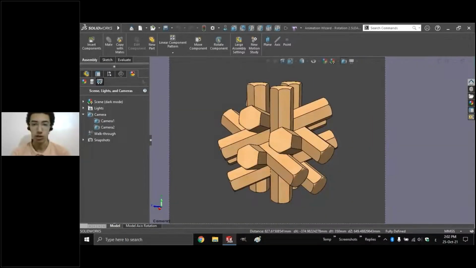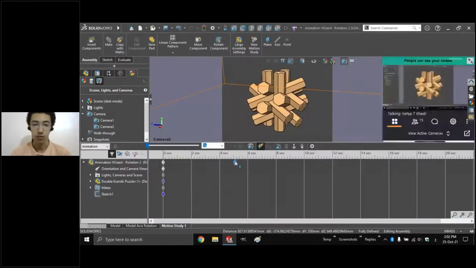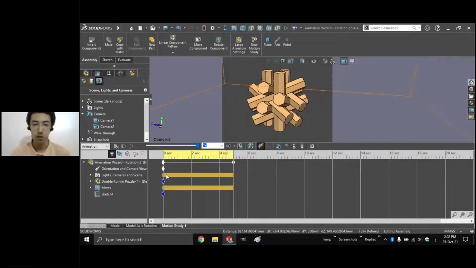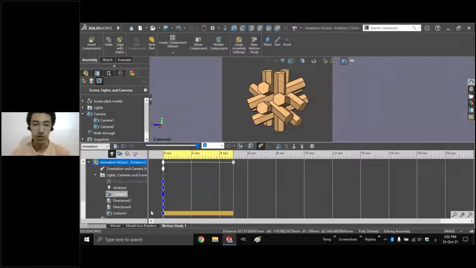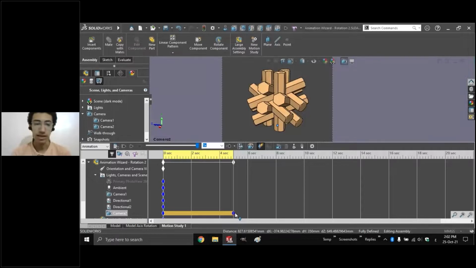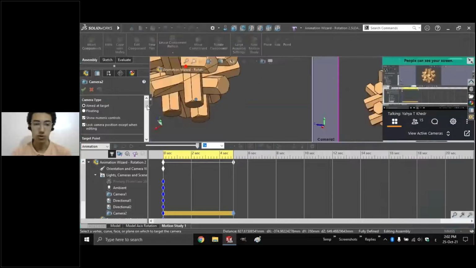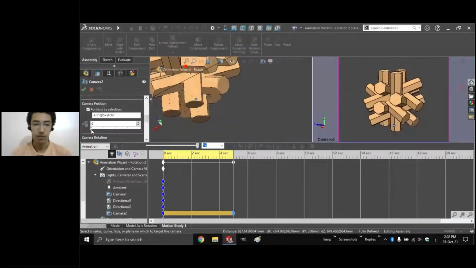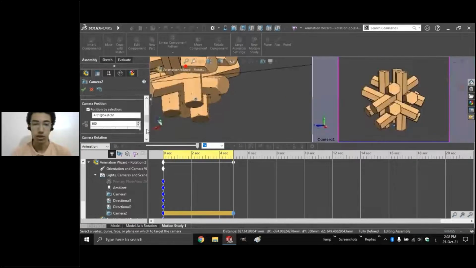All I'm going to do now is start a new motion study and drag it for a couple of seconds, like 5 seconds. Over here, I'm going to add a new camera key point. So this is the camera. I'm going to go over here and place a key. As you can see, I've got a key. If I double click on it, I get to edit that key. And all I'm going to do is drag that from 0 all the way to 100. If I click OK